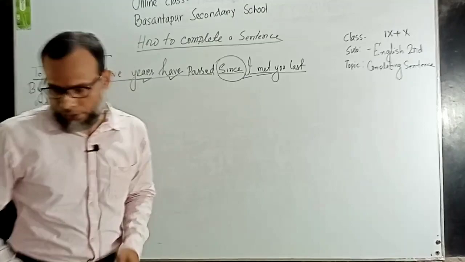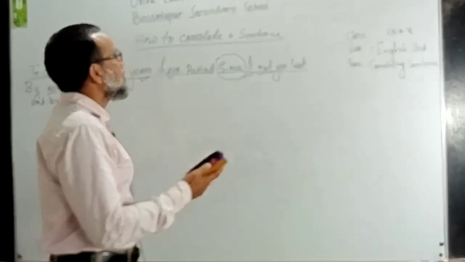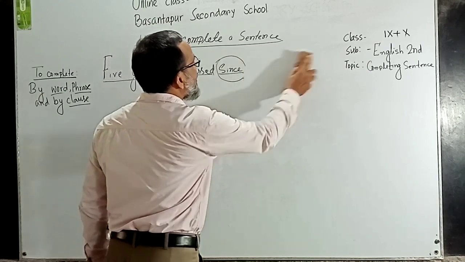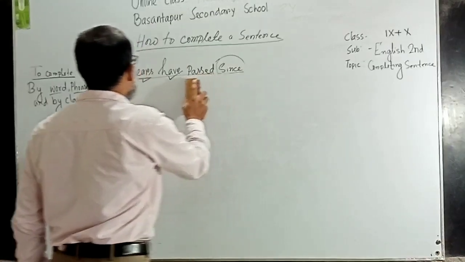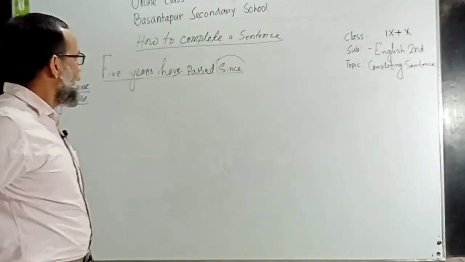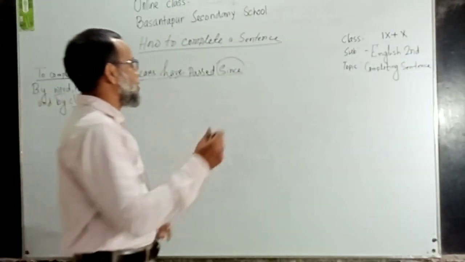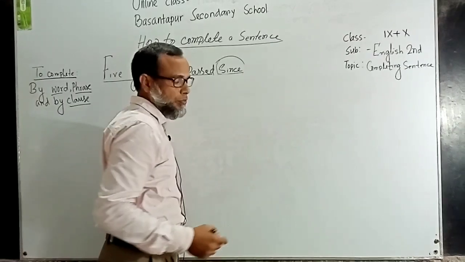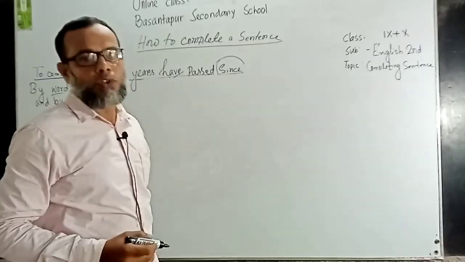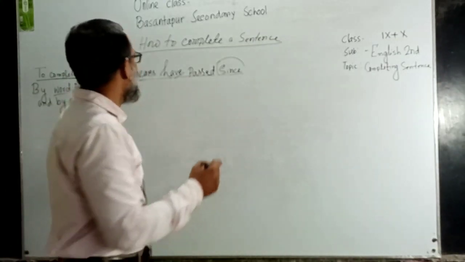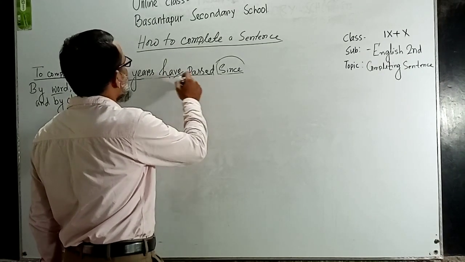And if in our exam we find that this part is omitted, we add another part, because there is a conjunction, and after a conjunction most of the time we add a clause. So, five years have passed,